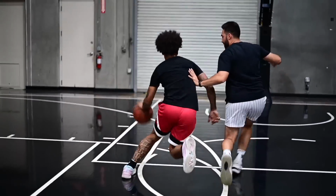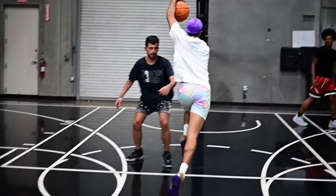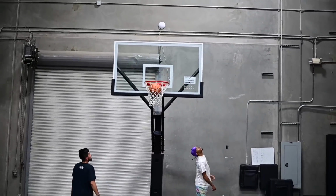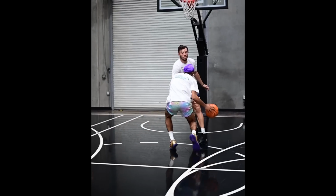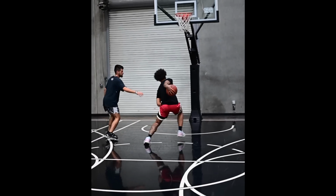Then you see that we don't just start at the top of the key with a couple dribble combos. We pass it, we chase after it, we go get it. Why? Because that's a very game-like action. That's something that you're going to do in a game. So when you're working out solo or with your trainer or your teammates, make sure that you're getting some passing